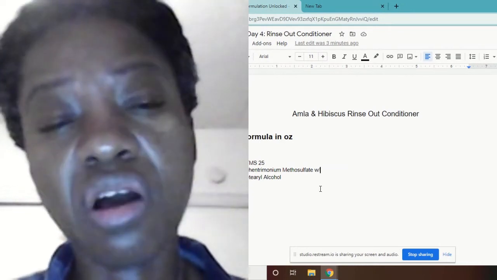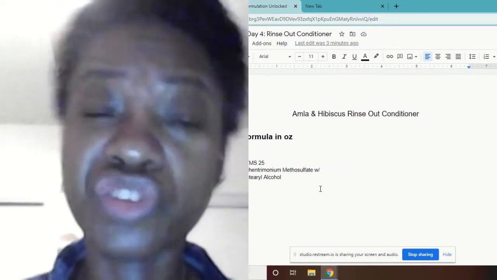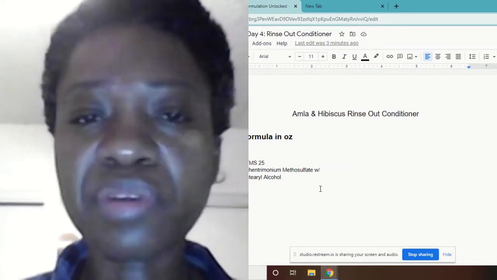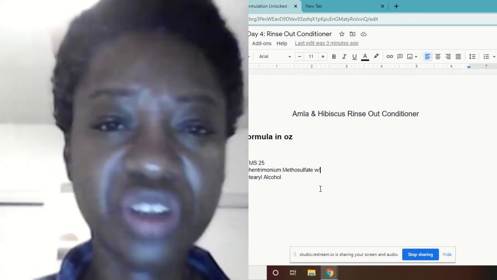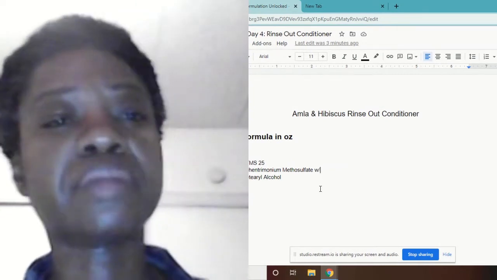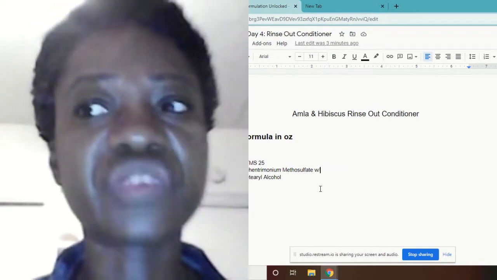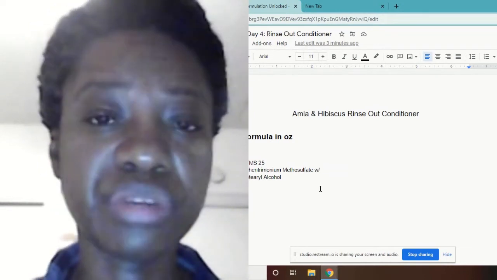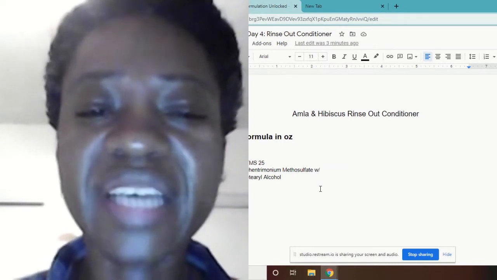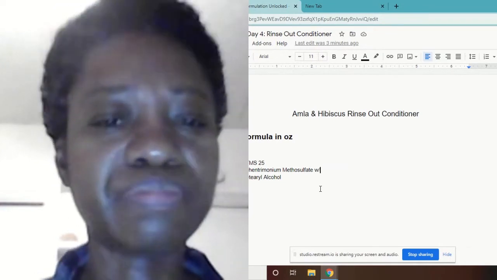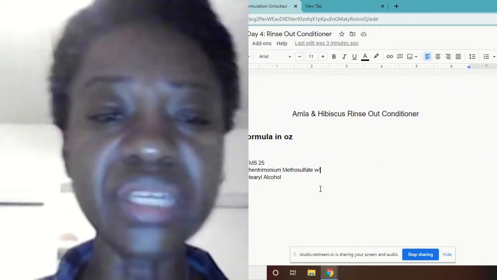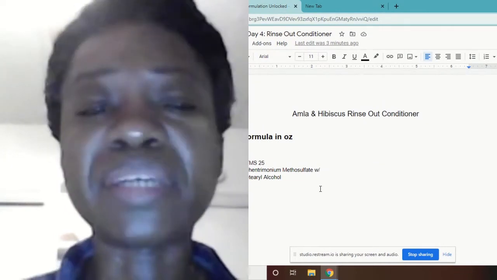Whereas butylene glycol is derived from petroleum products. Some people are sort of divided about whether it's toxic or not. I would say 50% of people feel like it's toxic and 50% of people feel like it's safe. It's really widespread in a lot of beauty products. So I kind of pause when I see butylene glycol in a product, and I usually tend not to get it. Occasionally I'll get something that has that in it, but I think BTMS 25 is